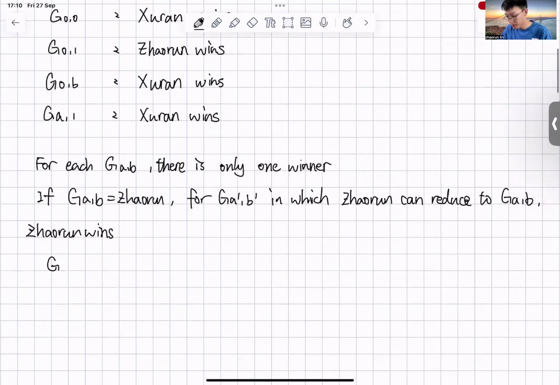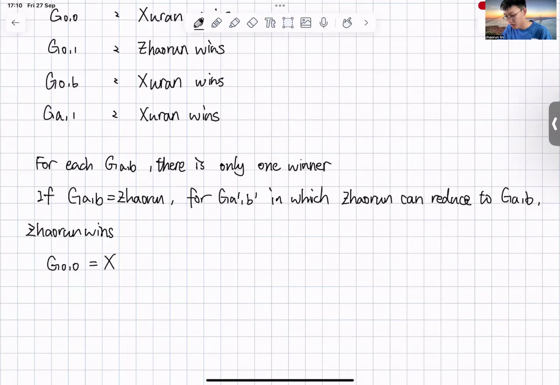So G00 is X, as we have seen. I'll say X is Xuran and Z is Zhaorun. So 01 is Z. Then there's 1,1, so Xuran starts first. You can decrease one of A and B to 0, and then I'll have to decrease the other to 0, so Xuran will win. And then G20, Xuran will also win, since he can decrease the value to